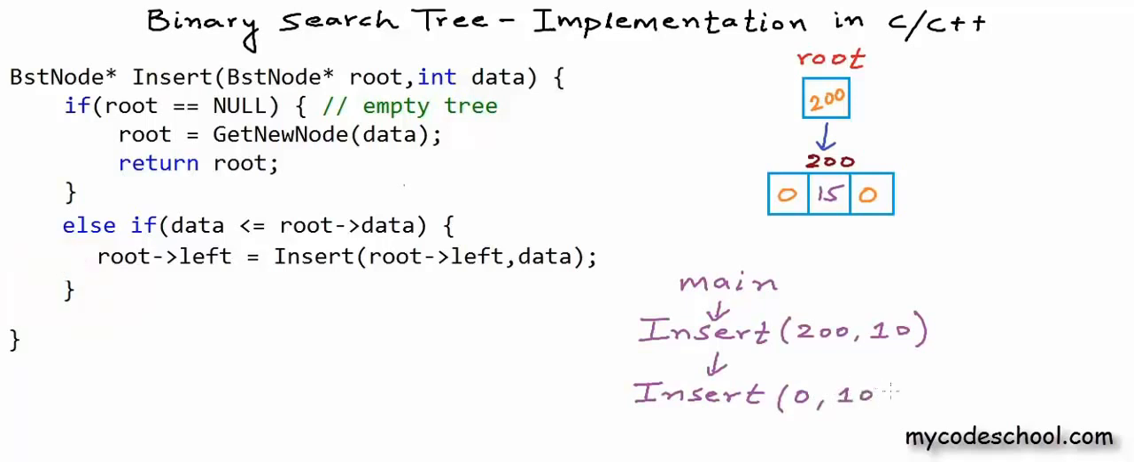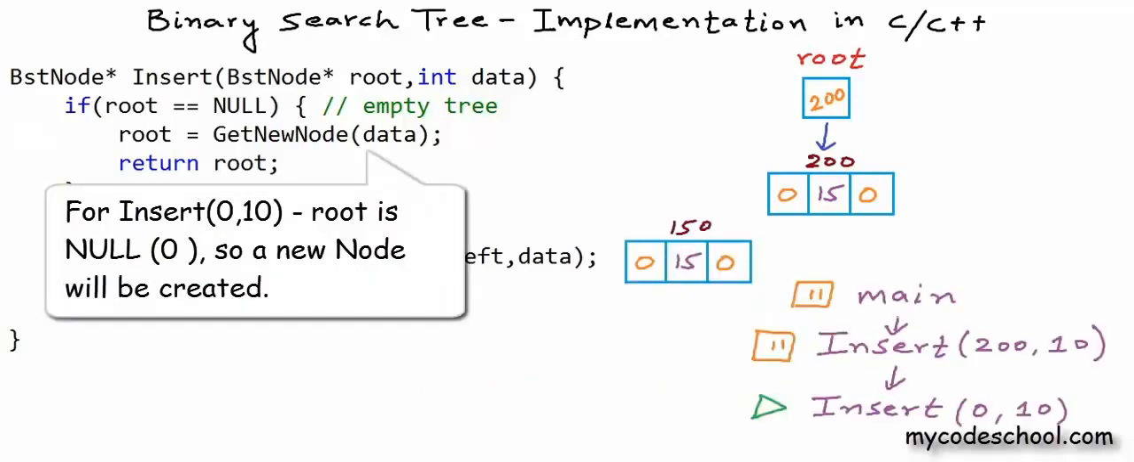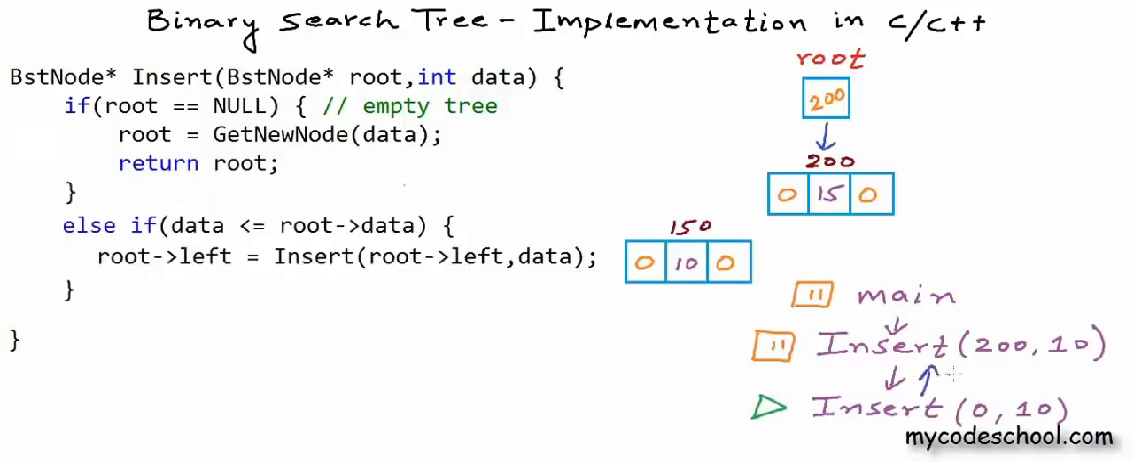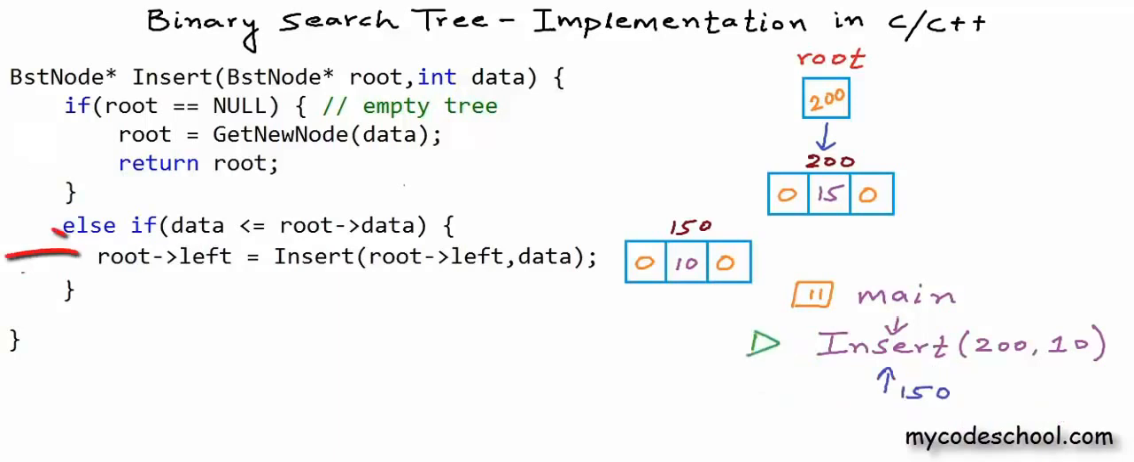Data to be inserted passed as argument is 10. Now this first insert call will wait for this insert below to finish and return. For this last insert call, root is null. Let's say we got this node at address 150. Now this insert call will return back 150, and execution of first insert call will resume at this line, and